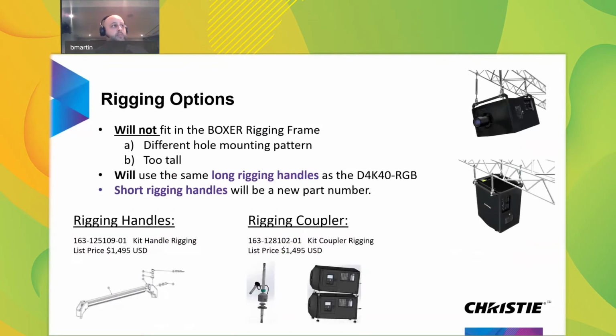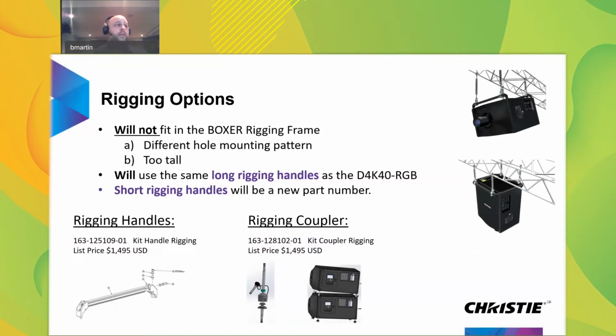There'll be several rigging options for this. Some of the questions that have come in earlier was, will it fit in the Boxer frame because it looks about the same size and the weight as a Boxer? The answer is no. It has a totally different hole mounting pattern, as well as it's a little bit taller than the Boxer. But it will use the same long rigging handles as the D4K40, and there will be